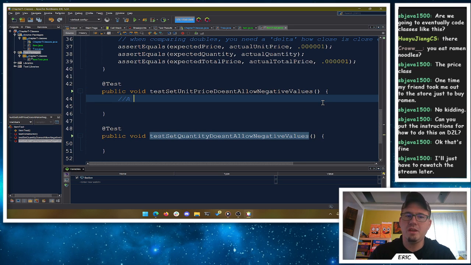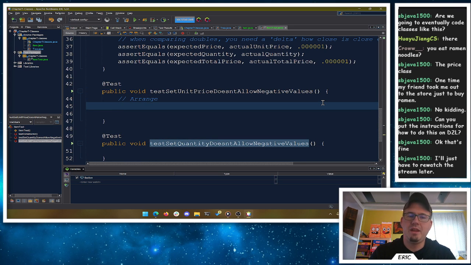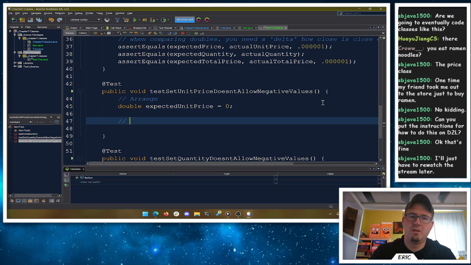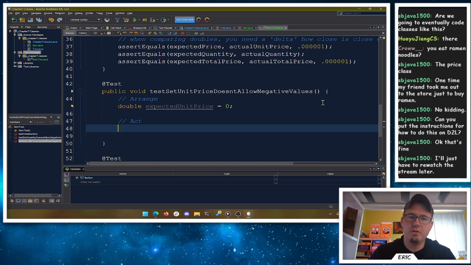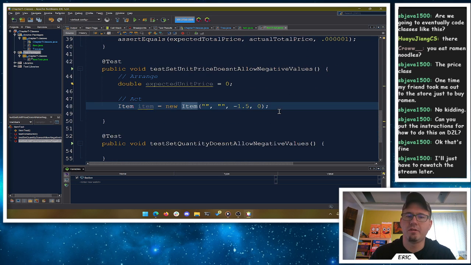So when I arrange, I'm going to have a double for expected unit price, which is going to be 0. When I call my code, I'm going to make the item equals new item. We don't care about the name. We don't care about the SKU. The unit price, we should give a negative value. And the quantity, we don't care. We can just leave the quantity at 0.